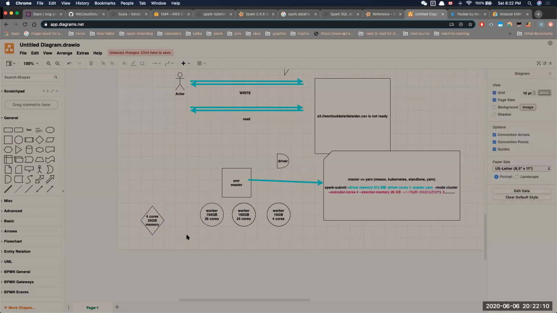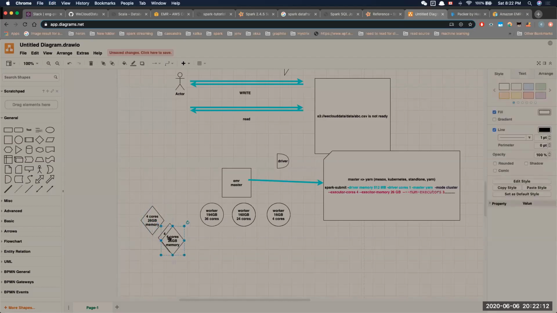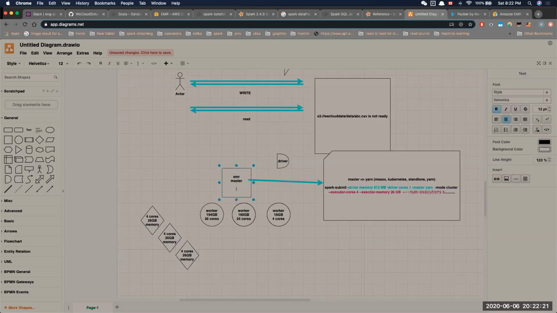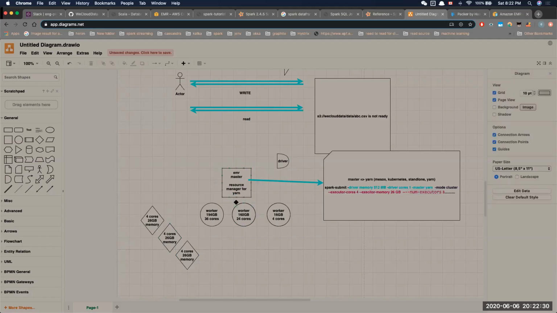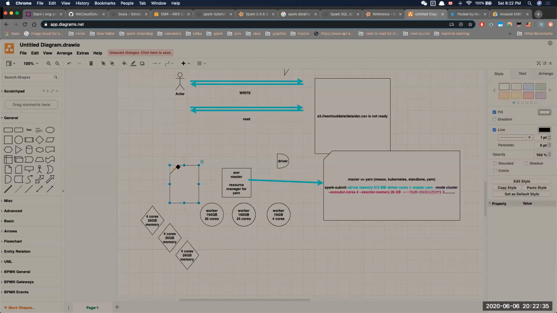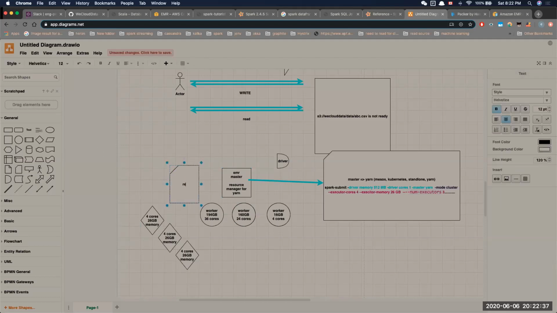And in total, I want to allocate 3 of these. So the EMR master, the resource manager running here, will simply do, okay, let me examine what my resource pool looks like. So you have a resource pool that has 3 workers available, and